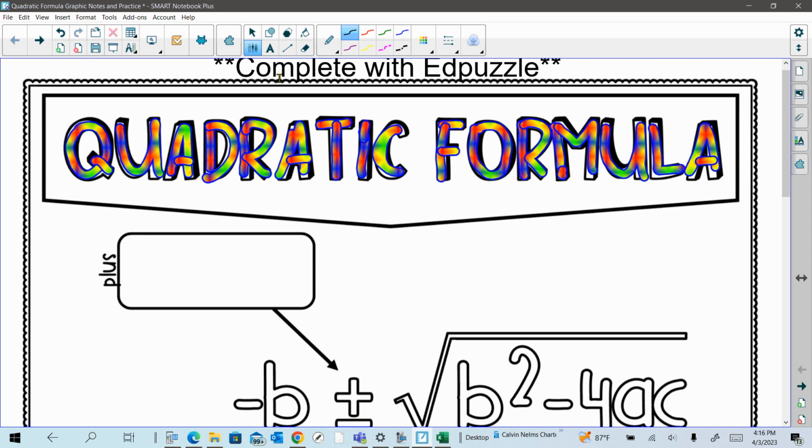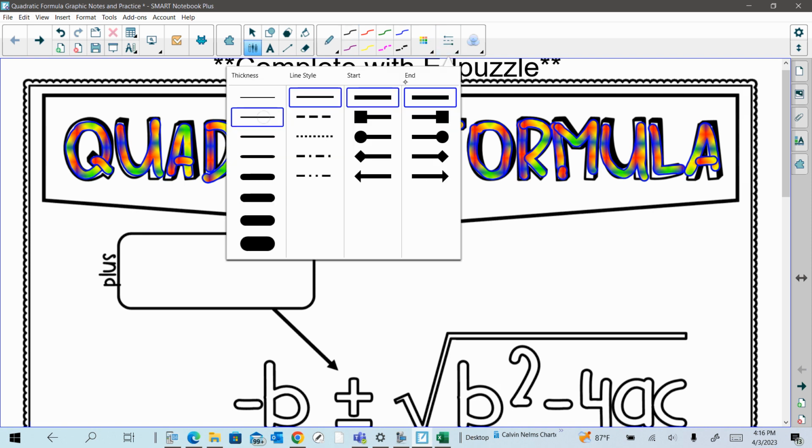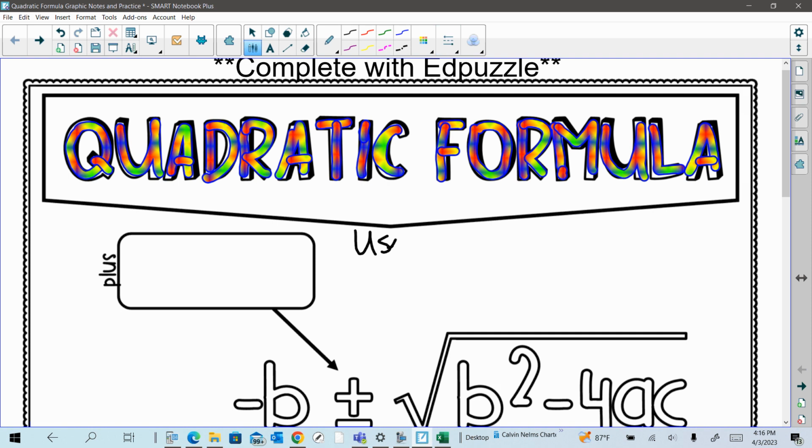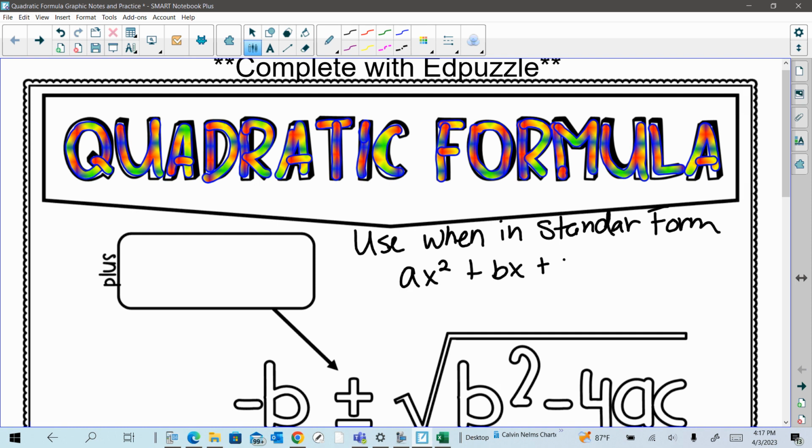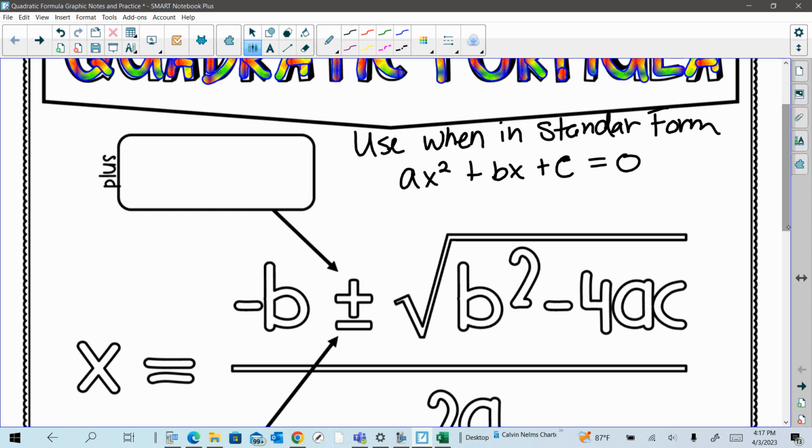form. So I just kind of want to recap that real quick. I'll put a little use when in standard form. So our standard form of a quadratic equation is ax squared plus bx plus c equal to 0. This is important. In order to solve any equation, we need to have it equal to 0. And the formula allows me to take the parts in standard form and plug them in to get to